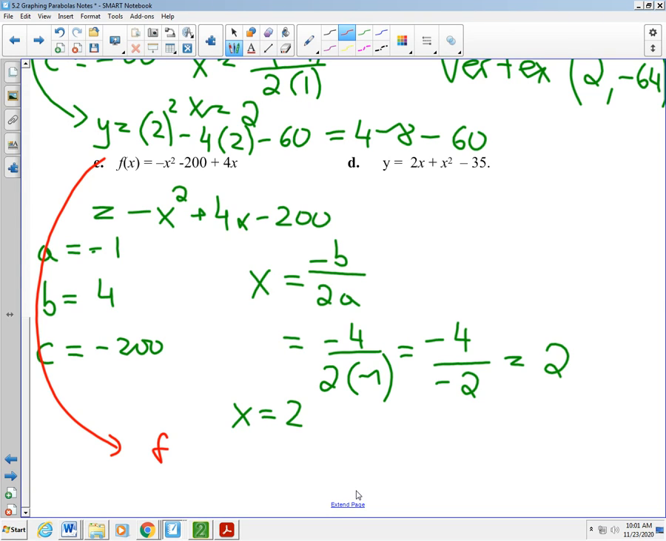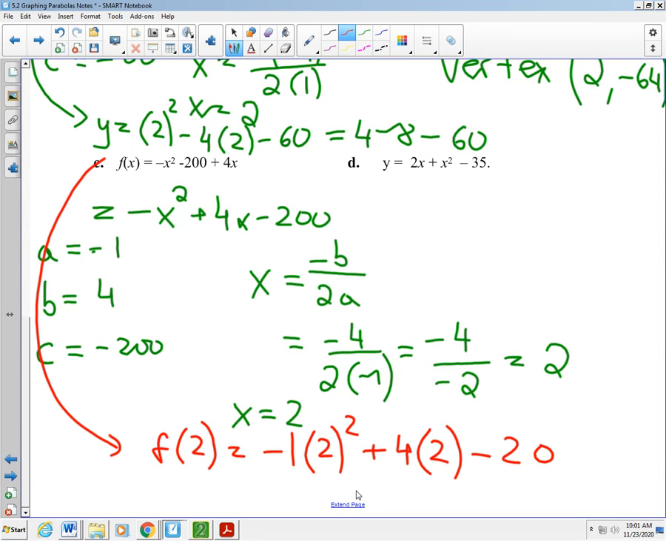will be equal to negative 1x squared, negative 1 times 2 squared, plus 4 times 2, minus 200. Common mistake. Do not multiply first. Do not do negative 1 times 2. First, we do exponents. 2 times 2 is 4, and negative 1 times 4 is negative 4. 4 times 2 is 8,